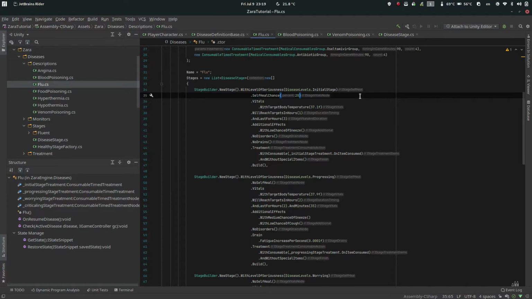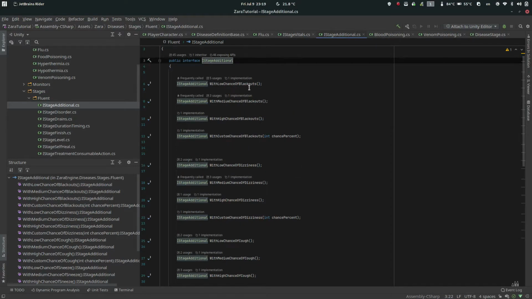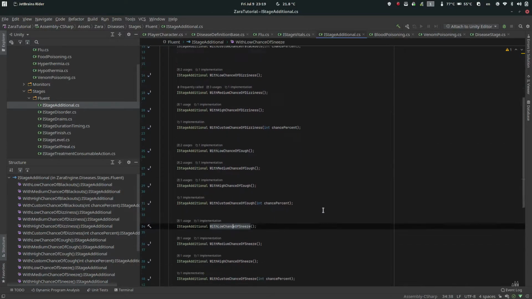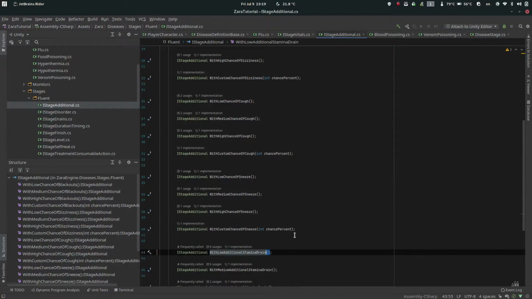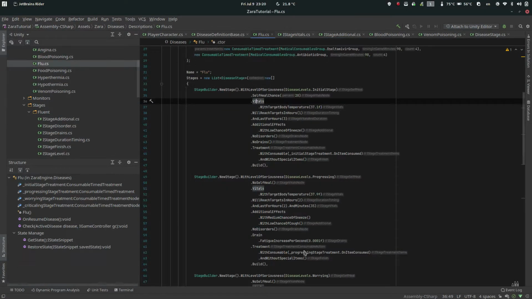Now, we describe how the stage affects player vitals: body temperature, blood pressure and heart rate, and maybe describe some additional effects like chance of blackouts, chance of dizziness, chance of cough, chance of sneeze, and additional stamina drain. And we must say after what time the stage will reach its peak and for how long the stage will last